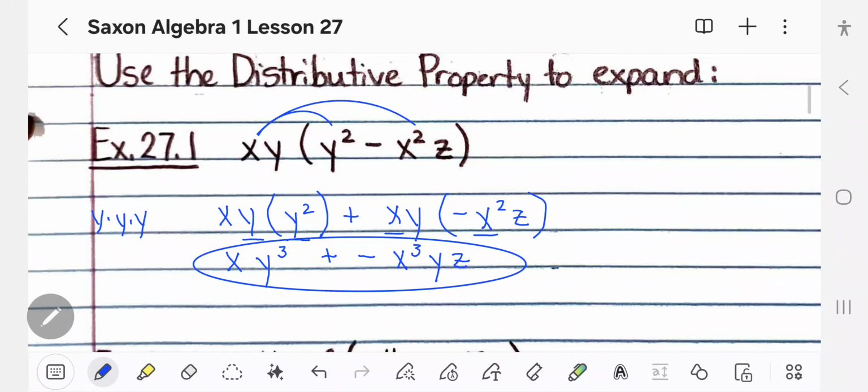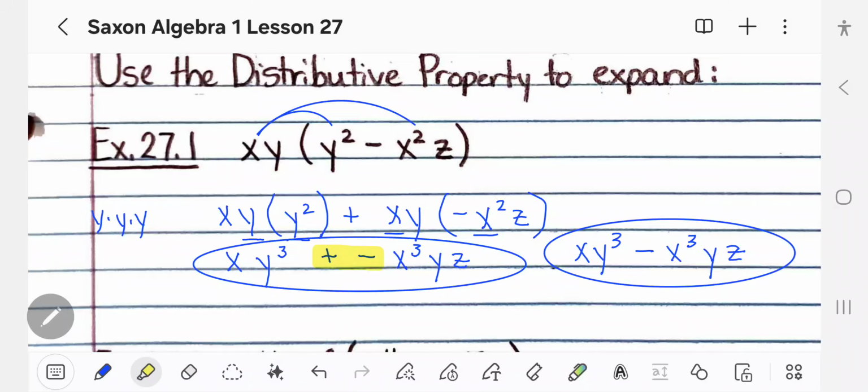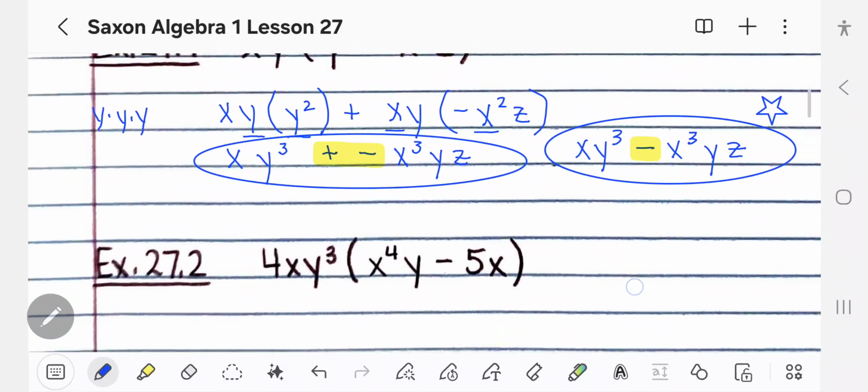And that's your answer here. Now, the book wrote it like this. xy cubed minus x cubed yz. And I would agree that this is simpler to write it this way because you're recognizing this adding the opposite is the same as subtracting. So either of these answers is correct, and I would say this one is the preferred way to write it. All right, let's look at